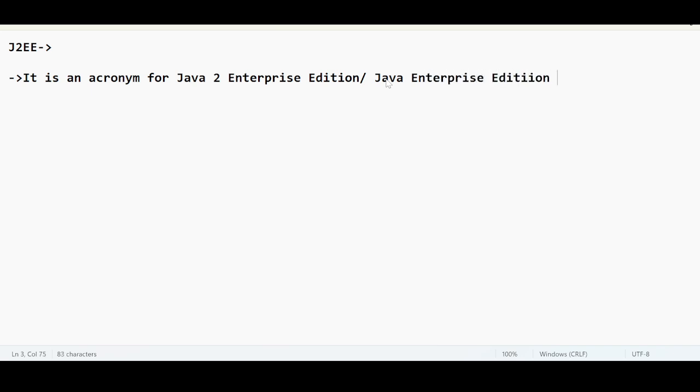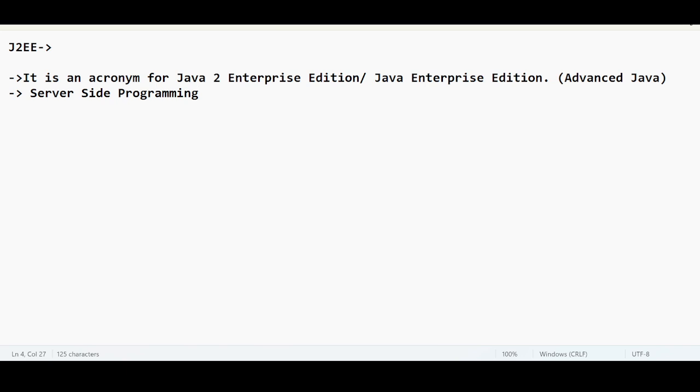To understand the Java Enterprise Edition, we should be good at Java Standard Edition, core Java. So this is called the advanced Java. What are we going to do with this advanced Java? What kind of applications can one develop by using this advanced Java? The very simple answer is server side programming.